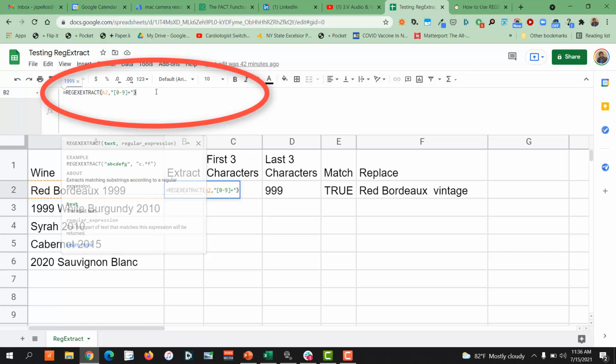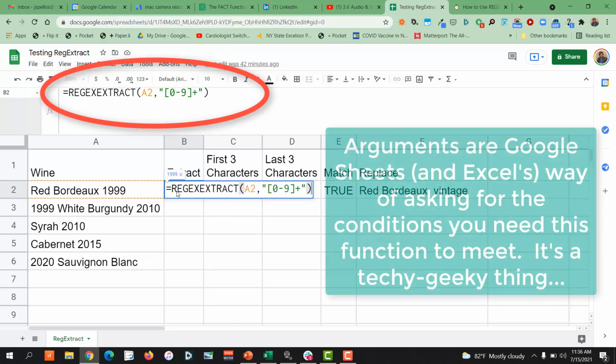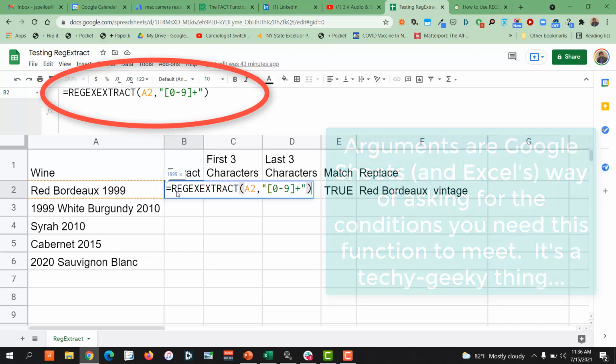We can probably see it right here. In fact, let me go back here and get this in full screen so you can see it a little more. So we see A2, so it's telling us we want to pull from what's in cell A2. What's next is the argument, what we want to choose from. And that quote, bracket, 0 to 9 plus, well, this is what it means. Everything's inside of quotes. The 0 through 9 means we want any number. We have to put those in square brackets. And the plus at the end of that means we want all of the numbers that are in succession beginning